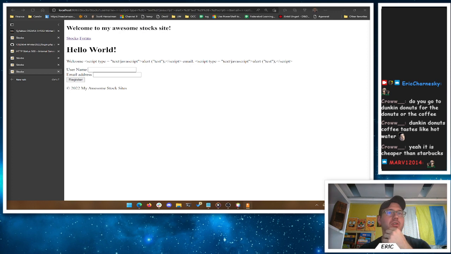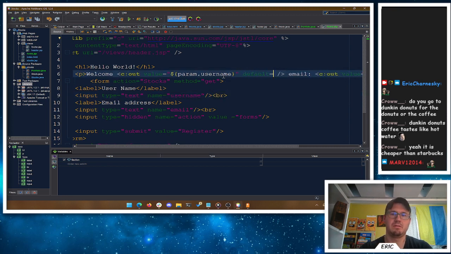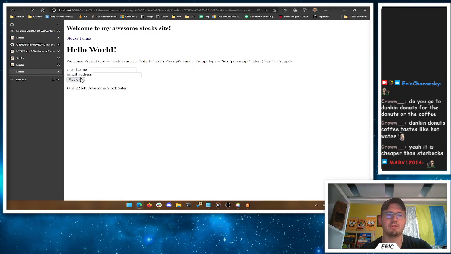Then you can also say we can add in defaults. So if there is no value, right, you can say, okay, this is the value, and then we can add a default for it. Equals no name. Welcome no name. That'll look real nice, right? So in our output then, if I just register,